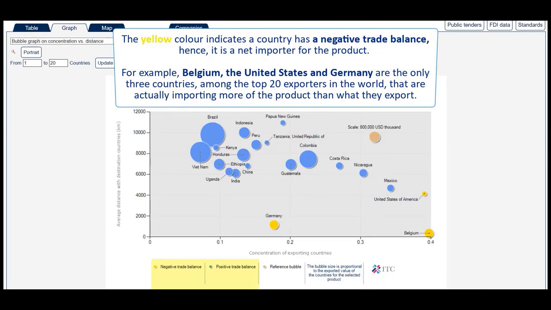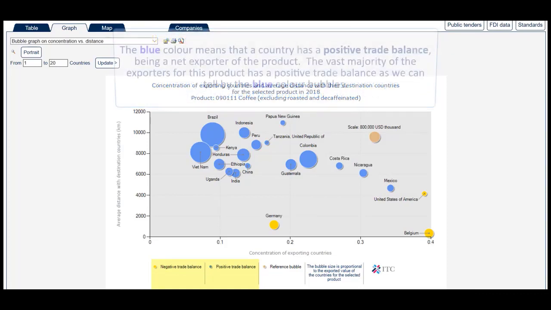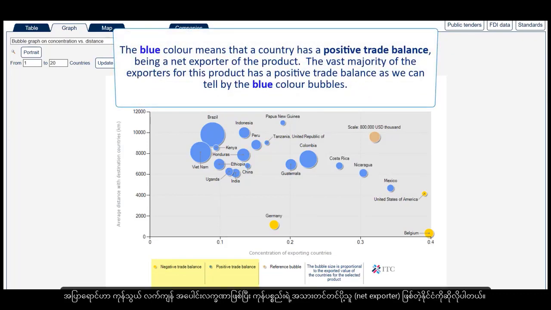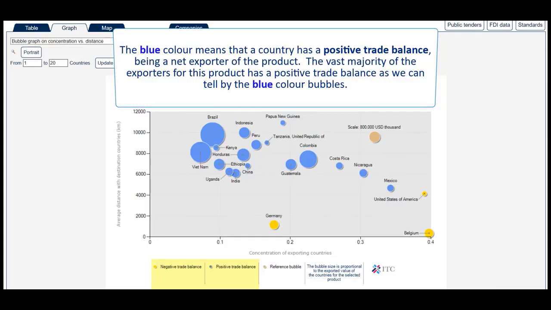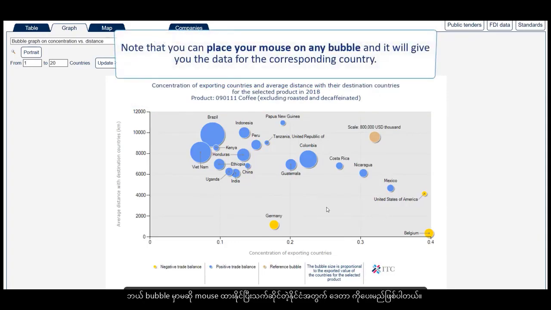the product. For example, Belgium, the United States, and Germany are the only 3 countries among the top 20 exporters in the world that are actually importing more of the product than what they export. The blue color means that a country has a positive trade balance, being a net exporter of the product. The vast majority of the exporters for this product has a positive trade balance, as we can tell by the blue color bubbles. Note that you can place your mouse over any bubble and it will give you the data